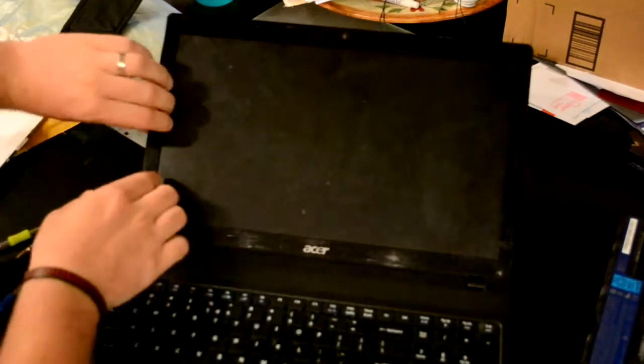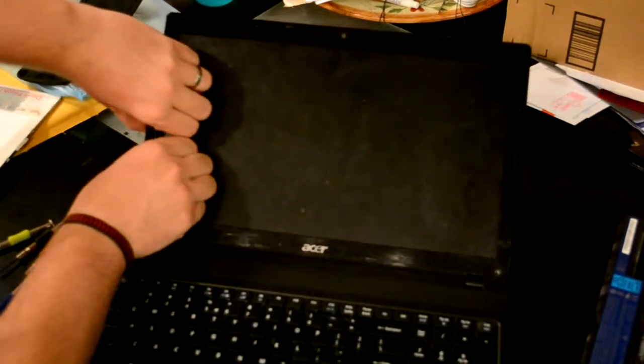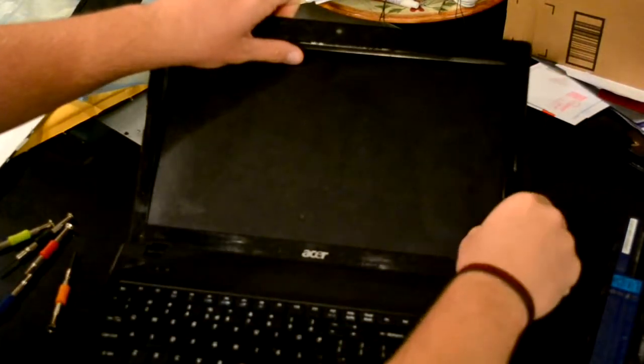Now you can remove the bezel. Starting on the side, pull it loose, work your way around the top, put your fingers on the inside, on the screen side, and everything should pop loose pretty easily. When you get around to the bottom,